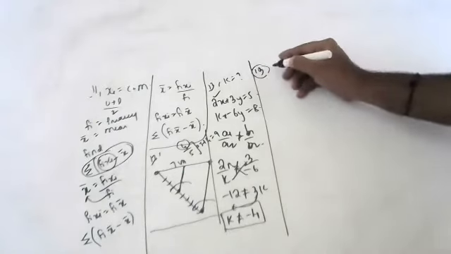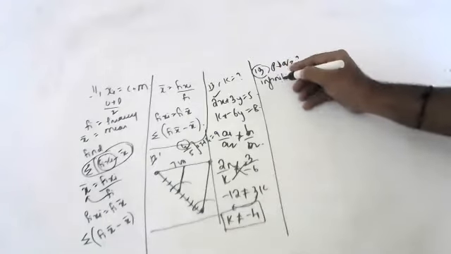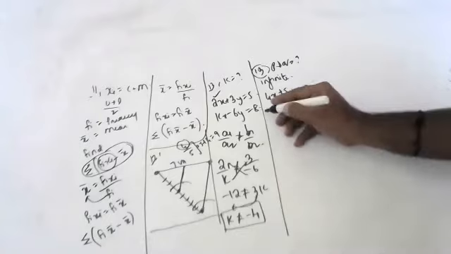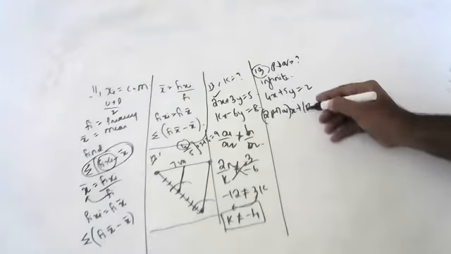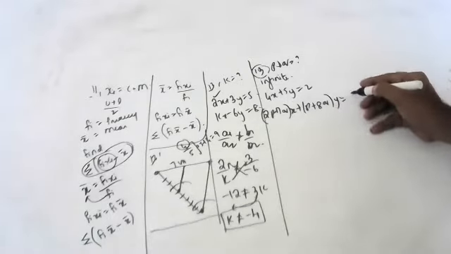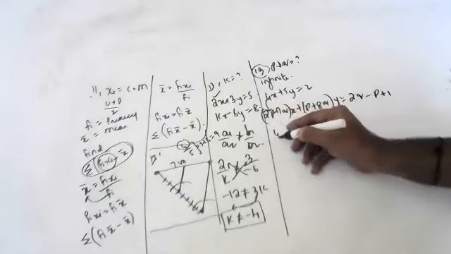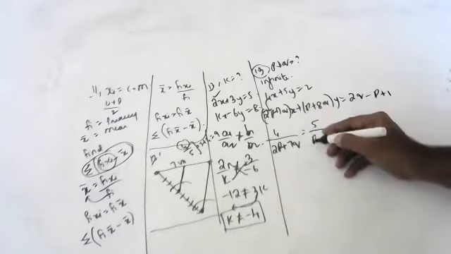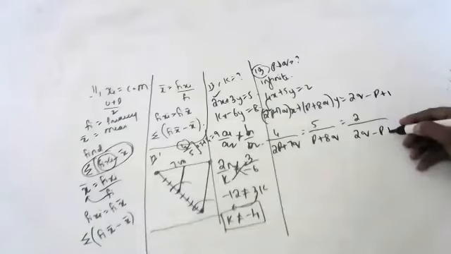Okay, children, the 13th one has an orbit. Find p and q, children, if the equation has infinite solutions. 4x plus 5y is equal to 2. The other equation is (2p plus 7q) x plus (p plus 8q) y is equal to 2q minus p plus 1. This is the equation, children. So for infinite solutions, what is the condition? 4 by (2p plus 7q) equals 5 by (p plus 8q) equals 2 by (2q minus p plus 1).